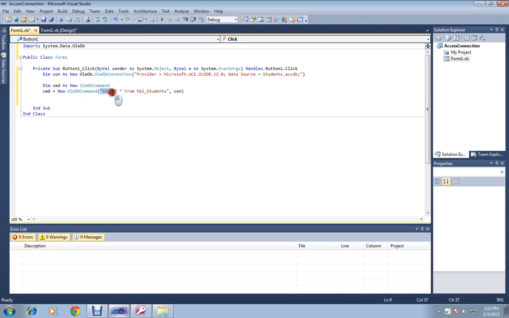The query SELECT * FROM students means that we will select all the data from our table students.